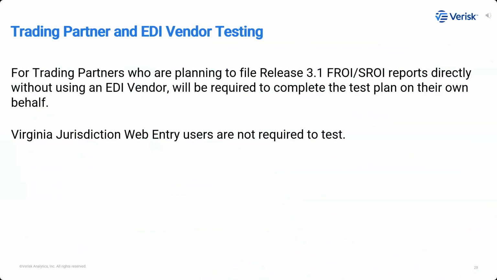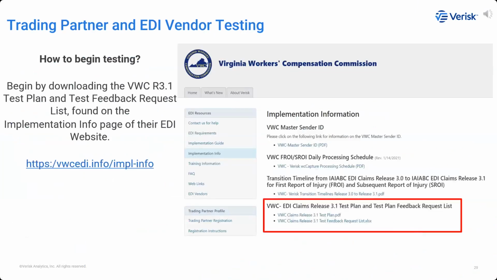We also have some trading partners that do not use a vendor. These trading partners will be required to complete the test plan on their own behalf. If you are using the Virginia Jurisdiction Web Entry System, then you are not required to test. In order to move to production with Virginia for Release 3.1 reporting, Virginia needs to receive test data from you